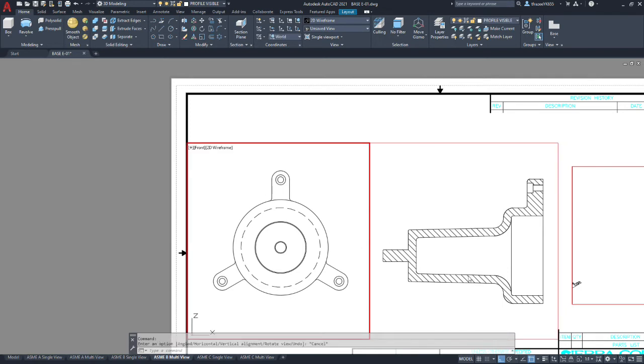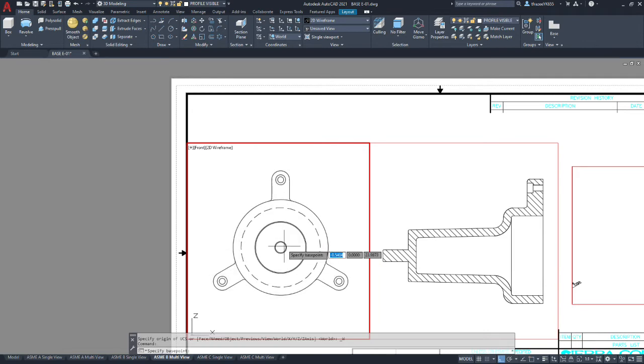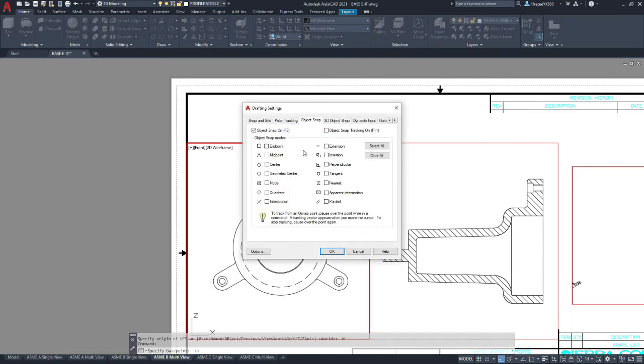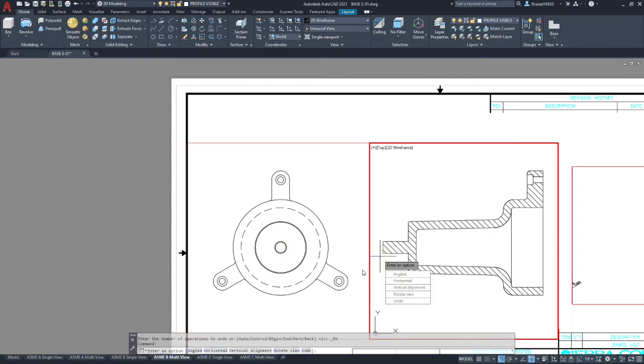So we're going to MV setup. We're going to align horizontally between the center of the front view and the midpoint of the front of the pin.